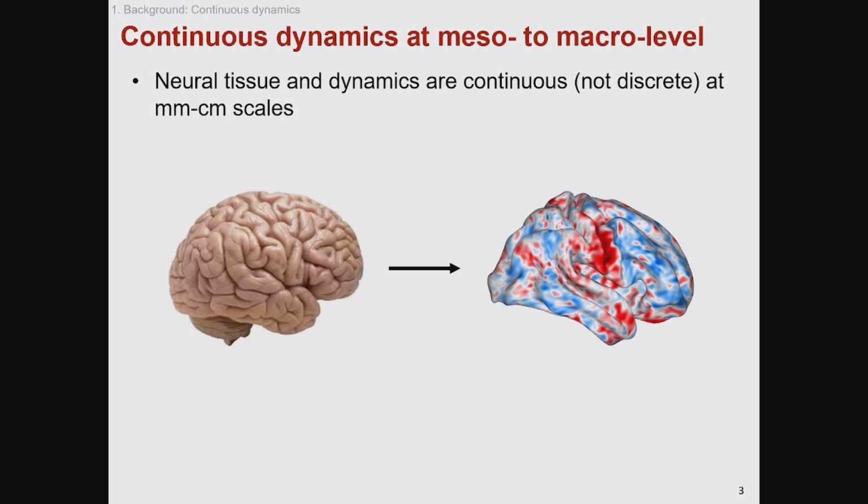Let me go back just to play the video again. Just to show you, I didn't do anything on this. This is just HCP data put on the surface. If you actually look at the data, you can really see, on a meso and macroscopic scale, which is what fMRI is trying to capture, this almost continuous propagation of dynamics. As Joanna said, you lose all that information if you partition the brain into discrete regions and look at the time series. So it's really important that we do not forget that,